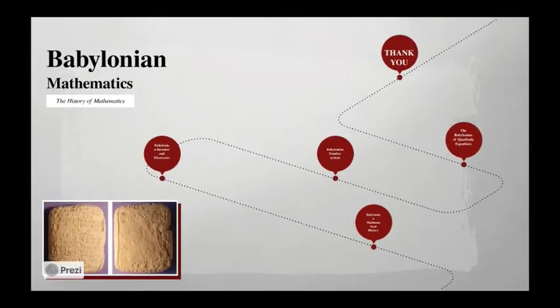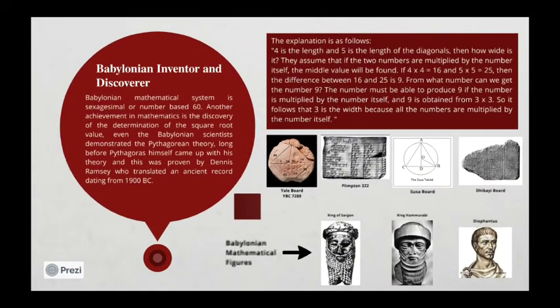Next is Babylonian inventions and discoveries. The Babylonian system of mathematics was sexagesimal, or base 60. This great advance in mathematics occurred for two reasons. First, the number 60 has multiple divisors: 2, 3, 4, 5, 6, 10, 12, 15, 20, and 30, which makes calculation easier. In addition, the Babylonians had a real place value number system where the digits written to the left had a higher value, such as the base 10 number system.